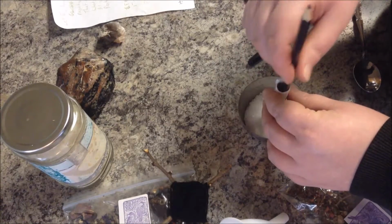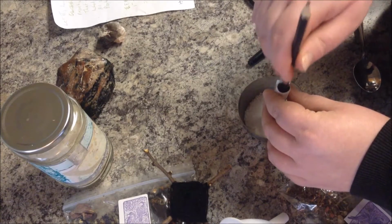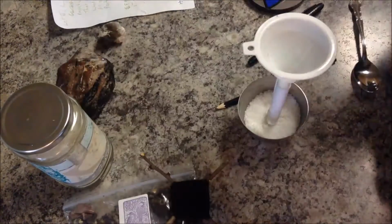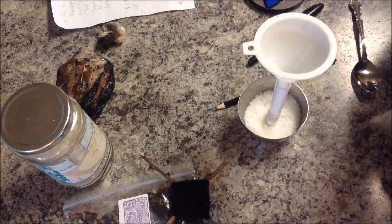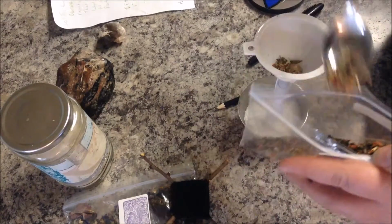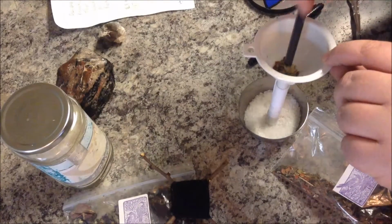Kind of reminds me of the old rifles and whatnot, how you wanted to load those. Okay, so now I'm going to put in some of the Crow Totem blend from Starry-Eyed Supplies. A little bit at a time, because it's going to get backed up like it just did. Use my pencil to kind of